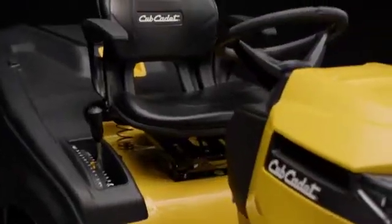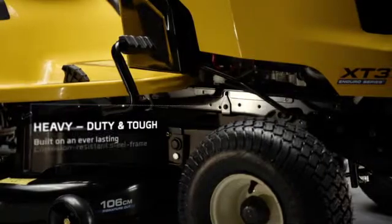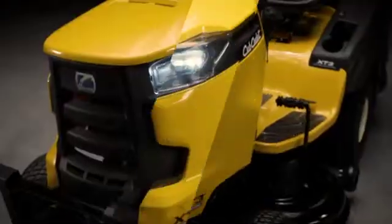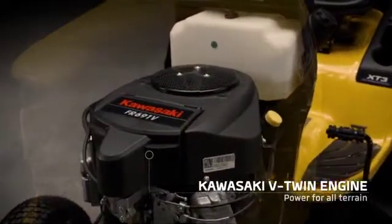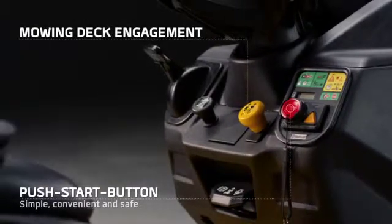XT3, the most powerful rear discharge lawn tractor from Cub Cadet. Automotive-grade corrosion-resistant frame, tested and approved by true landscapers. Kawasaki's 2-cylinder engine, a quiet and strong performer with a reliable push-button start, and next to it, an electric deck